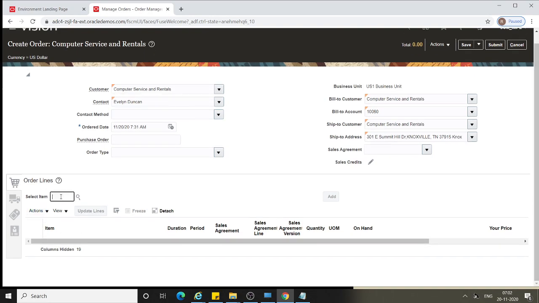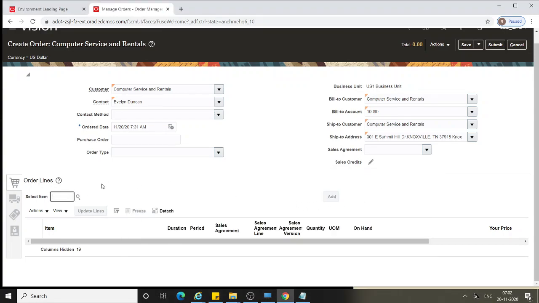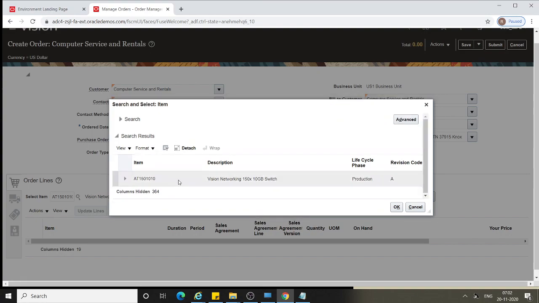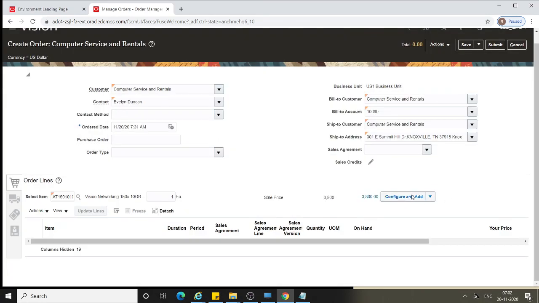I'm going to select an item which is a configurable item. I have selected this particular item, click OK, and click on the configure and add button. This button gets enabled only when you are using a configurable item.